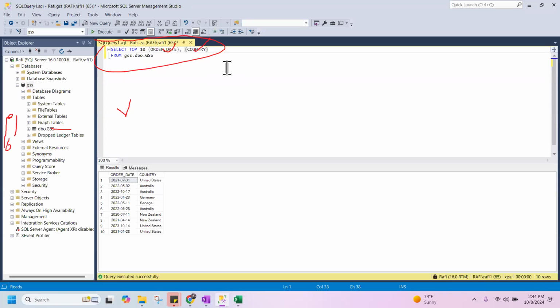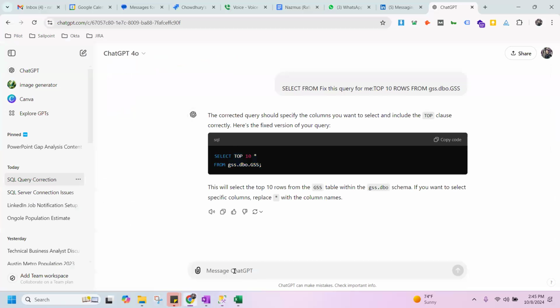Remove this top 10. Ask ChatGPT that I only want 2022 order date data, so it will change that. Select order date, country, or something from this one, based on the order date being equal to year 2020. You're getting the idea? We will only extract the 2020 data, not the whole data for 2021,